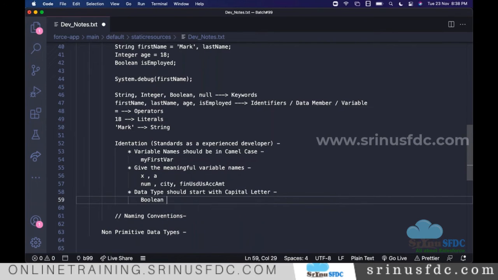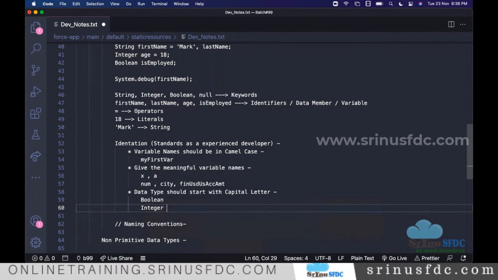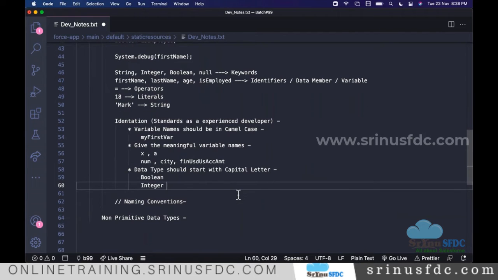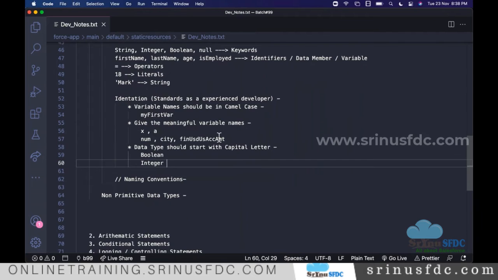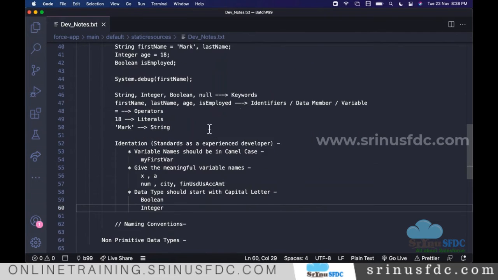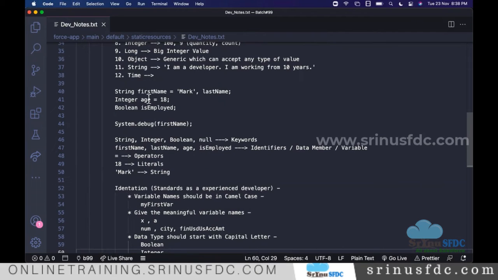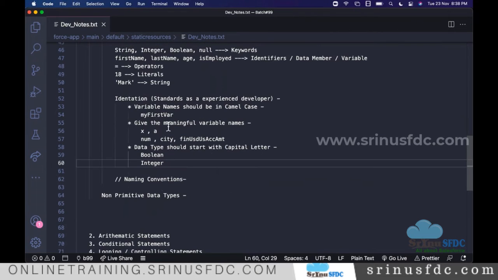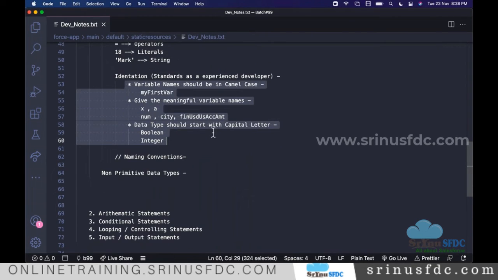So Boolean, Integer. Whatever you define, follow those standards. And going forward, we'll also discuss a few more standards. These are the standards we have to follow based on what we added so far. Going forward, I'll add a few more standards.